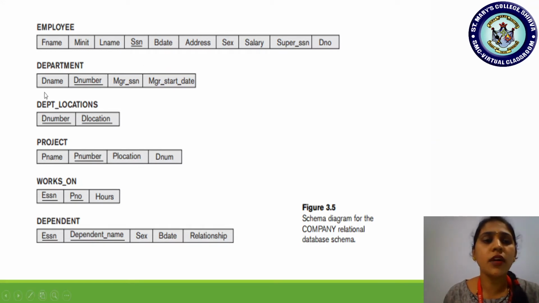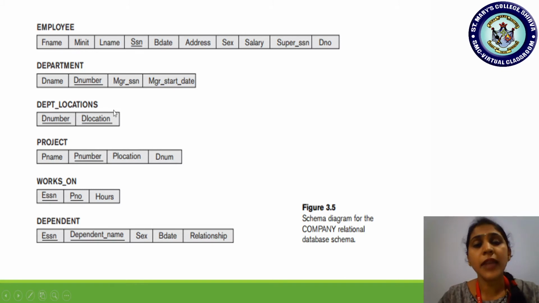That value itself we have to choose to show the relation. You can't choose department name instead of department number, because department name is not considered a primary key. Even though department name is a unique value, a unique key, we had still decided department number to be the primary key. So that department number primary key itself has to be taken in the employee relation to represent the relation between employee and department. Okay. Now coming to the department location, just check out here. What information are you finding? Department number and department location.